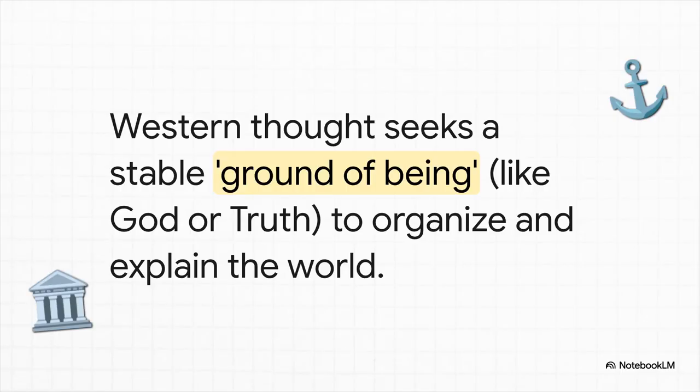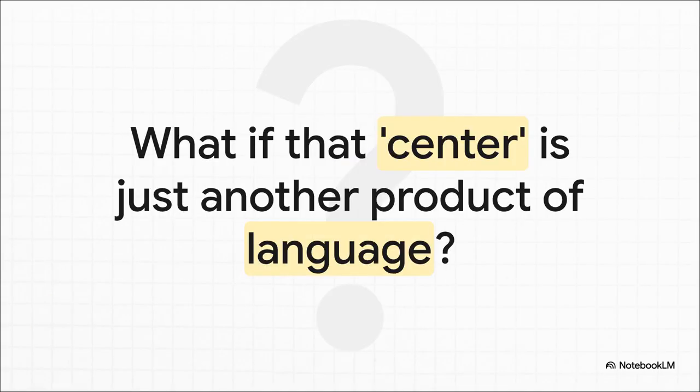For centuries, a lot of Western philosophy has been on this epic quest to find some kind of ultimate, stable center for reality, something like God or truth or reason that could anchor everything else. This is where deconstruction asks its most dangerous question. What if that solid gold center, that truth with a capital T, isn't actually outside the system? What if it's just another word, floating around in that endless game of language with all the others?